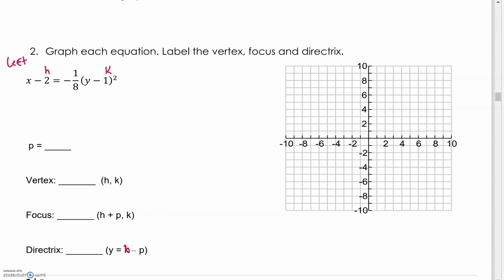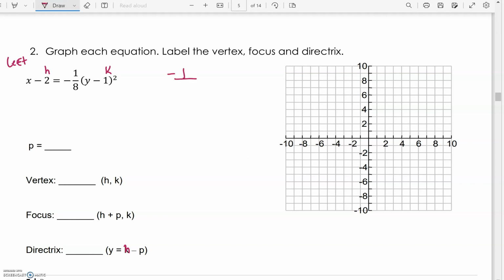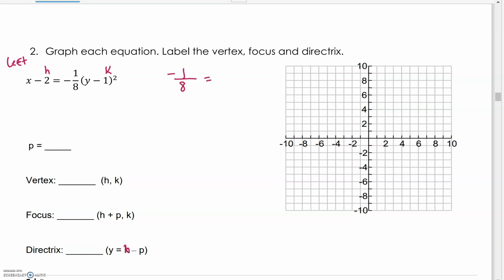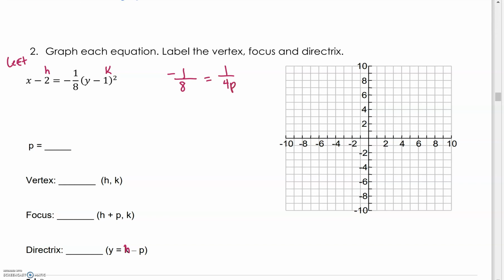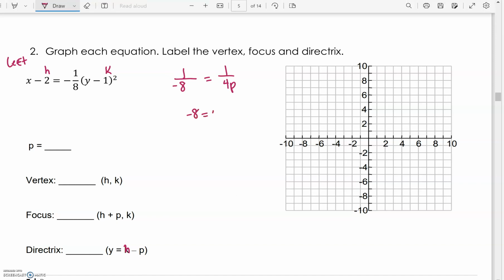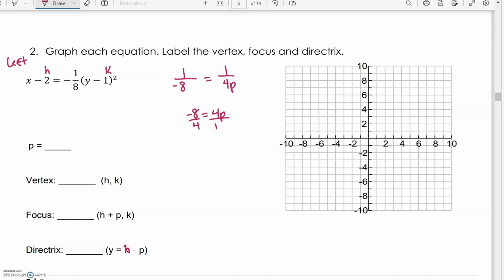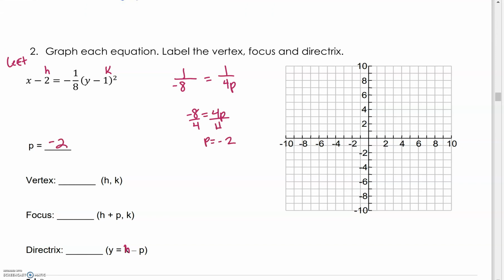Okay, so which means it's going to kind of open up towards the left. All right, so we're going to go ahead and do what we did before, where we have our -1/8 equal to 1 over 4P, and solve for P. So again, both ones on top, we're going to give this negative down below to that 8. So it's going to be -8 equals 4P, which means that your P is -2. So H is 2. Again, we keep the negative there, and we're just pulling that number in front,